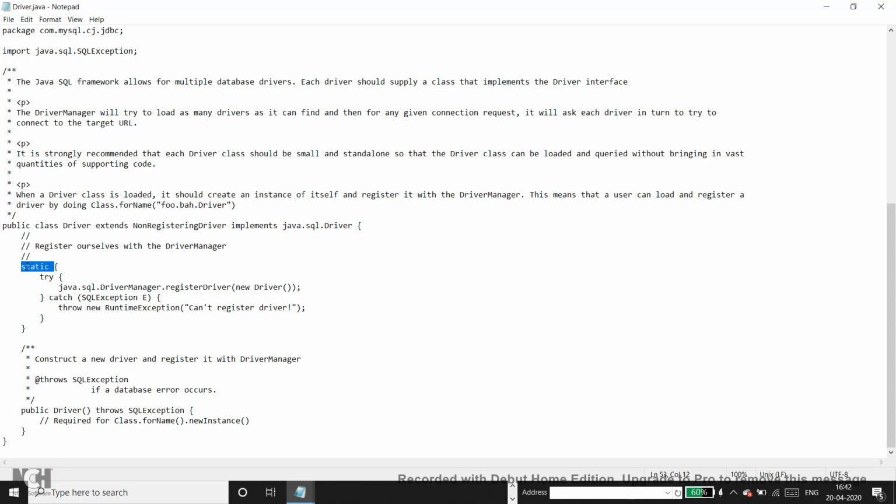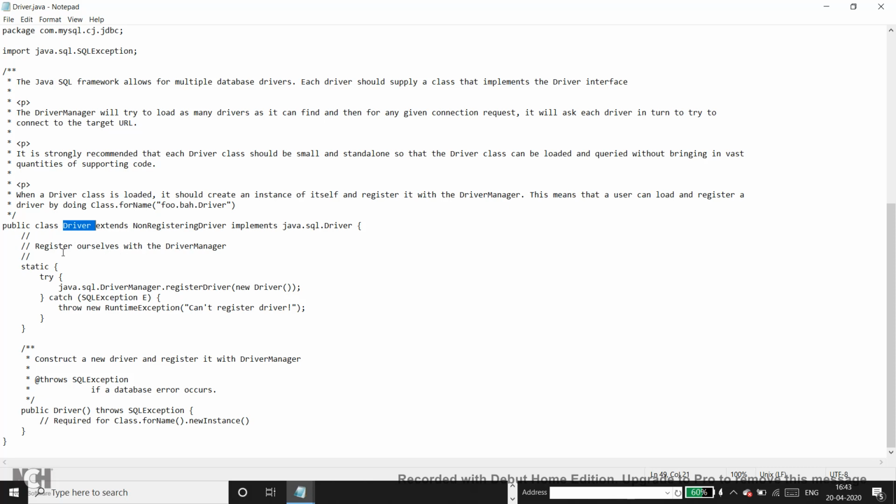Not every class may have a static block, but this class does, and this static block has the responsibility to do this line, that is, register ourselves with the driver manager. Means if you replace this 'ourselves' with the name driver, it is registering the driver class with the driver manager class. The driver manager class, as I told you, is the one which is going to track the record of all the drivers available and which driver to use at a particular moment, which is the most recent one.